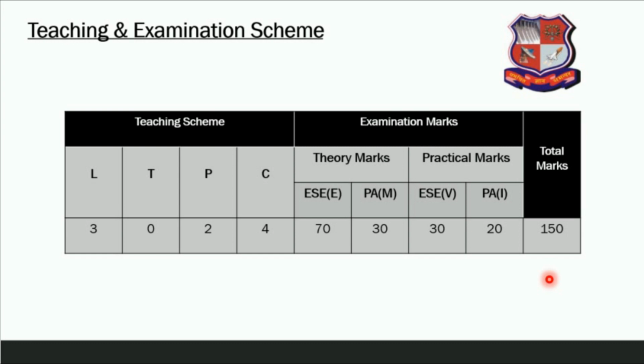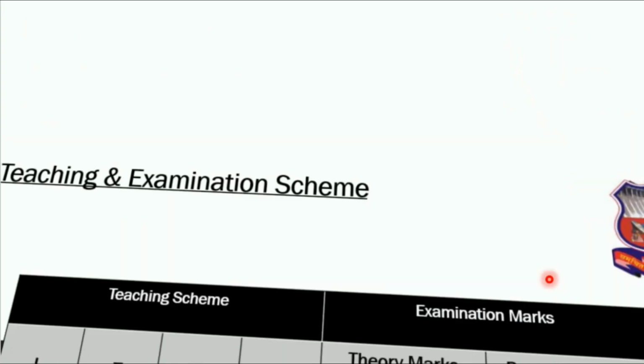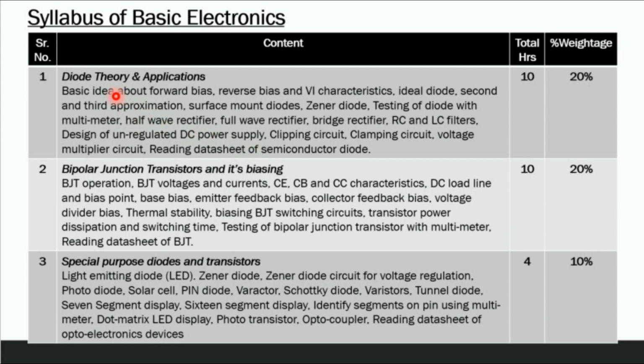Now, what are the syllabus contents that we are going to see? The syllabus content has the first chapter, that is diode theory and applications. So in this chapter we are going to discuss diodes and their characteristics, how a diode works, how the approximations can be done, what is a Zener diode, how we can test the diode, full wave bridge rectifier, half wave rectifier, all these things will be covered in this first chapter. The total teaching hours will be 10 hours,